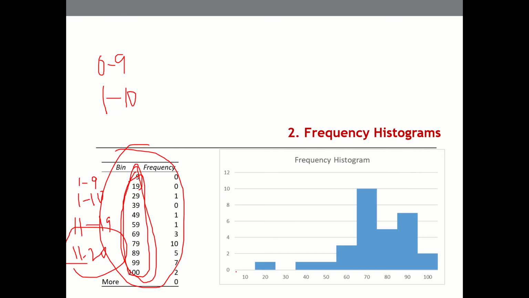So for the same data set, we saw there is no representation, nobody has scored in the tens. There's one sample who has scored 1. In the 30s nobody has scored. In the 40s and 50s there is one score, and in the 60s there are some 5 scores, and in the 70s there are 10 scores, and similarly in the 80s and 90s, and a 100% score is also there. The same stem and leaf diagram can be represented in a frequency histogram as well.